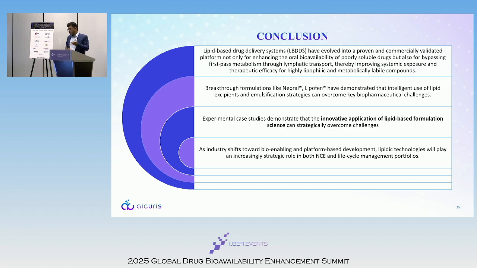The case studies which I showed were some innovative applications of lipid-based formulation to increase the bioavailability of challenging or difficult to formulate molecules, because these were the points where there is a clear go or no go. You are standing in the position where you need to tell your management whether this molecule is going to work in the given indication or not. And CMC could also be one of the criteria, or druggability is also one of the criteria they consider before the molecule is in-licensed or they want to take it for further development.